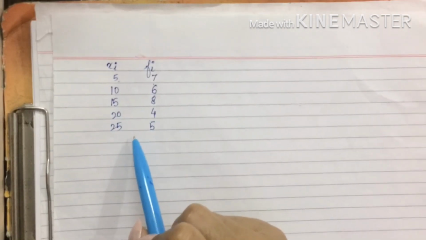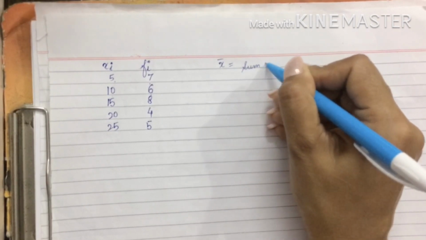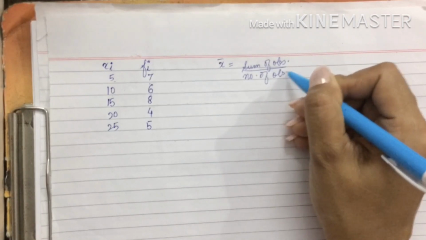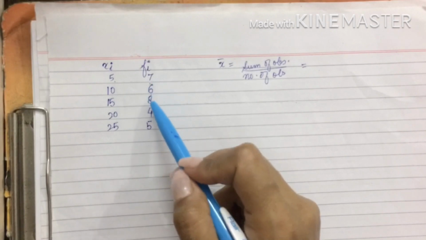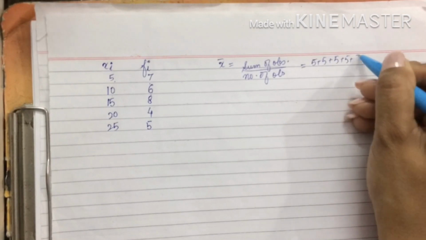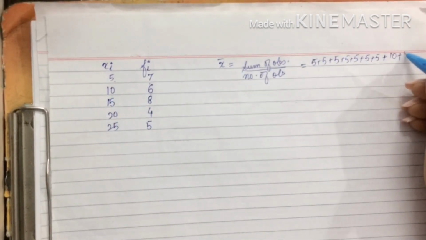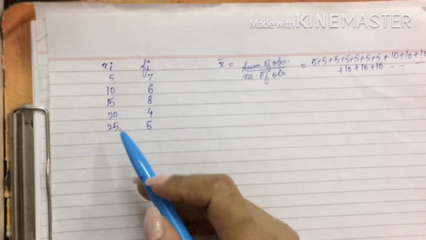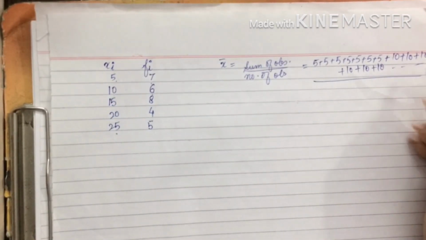To find out the mean for this data, I could use the old formula, sum of observations divided by number of observations. But the problem with this is I'll have to write down all these values, the number of times they are appearing. So I'll have to write down 5 7 times. Then I'll have to write down 10 6 times. So on, I would be writing down all these values, their respective number of times, and then divide by the total